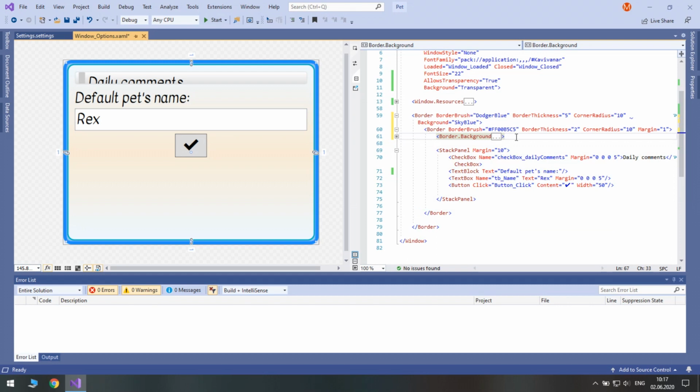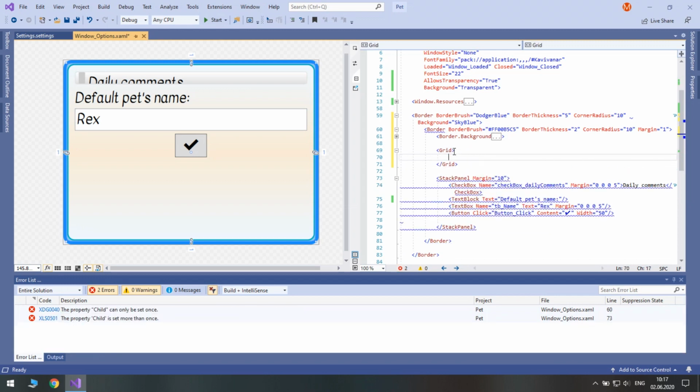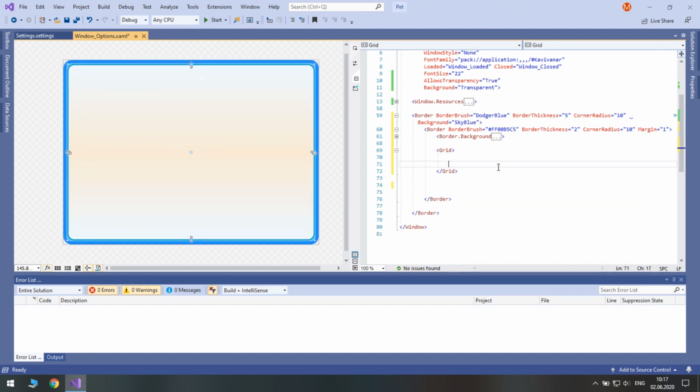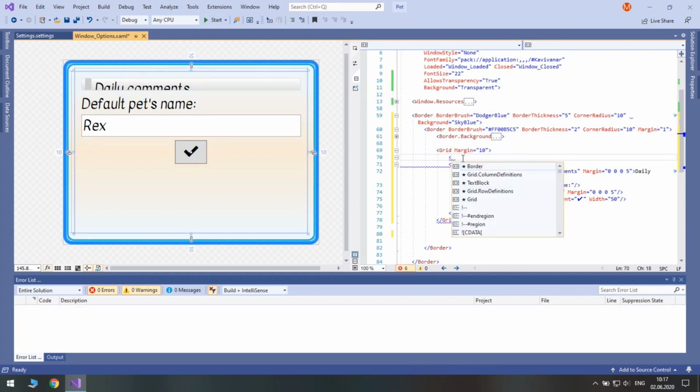Instead of a stack panel, we could use a grid. Yeah, so grid. Let's put it inside. So this grid will have margin of 10.